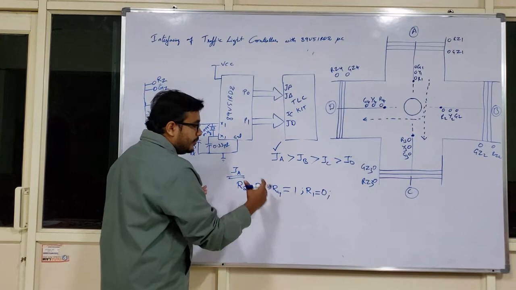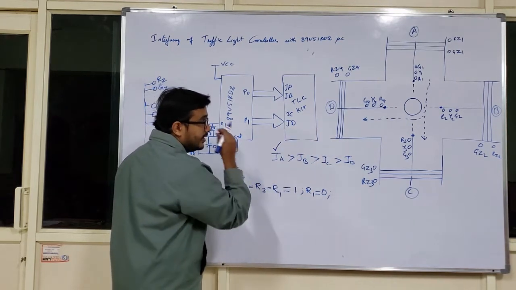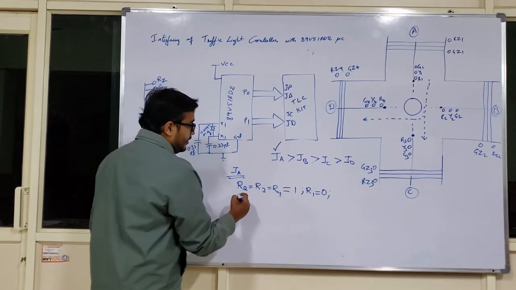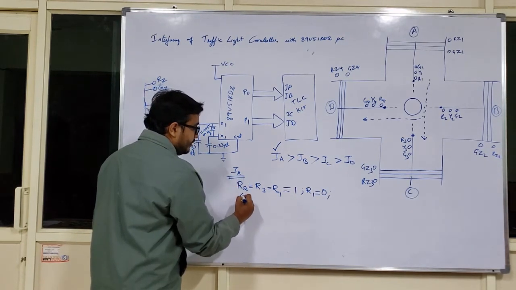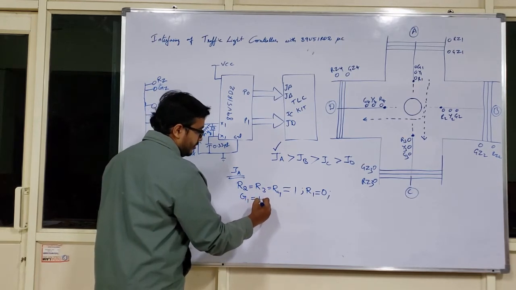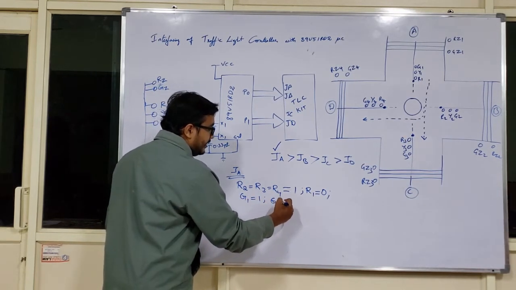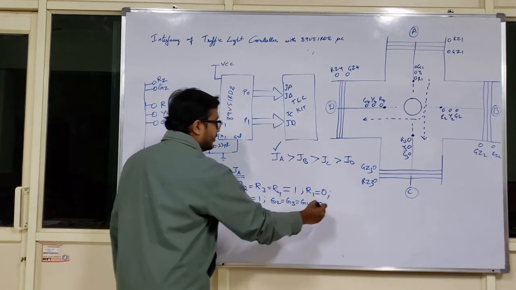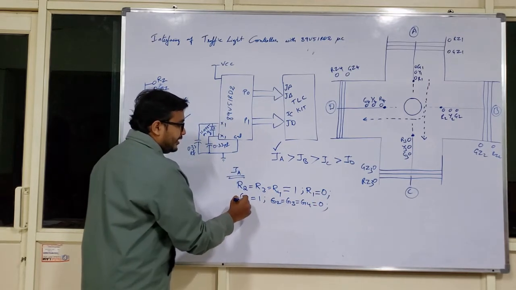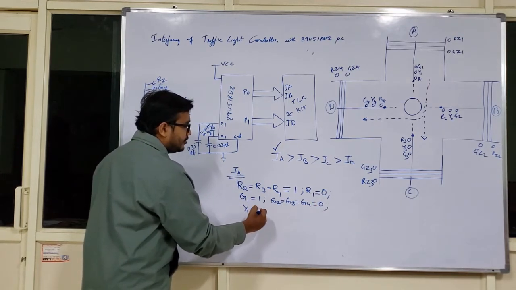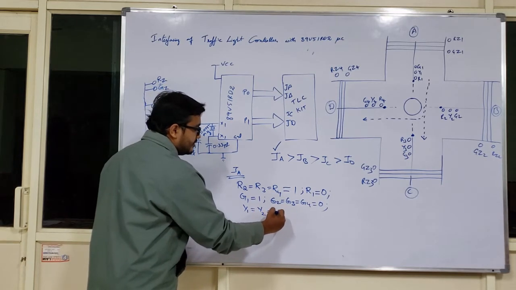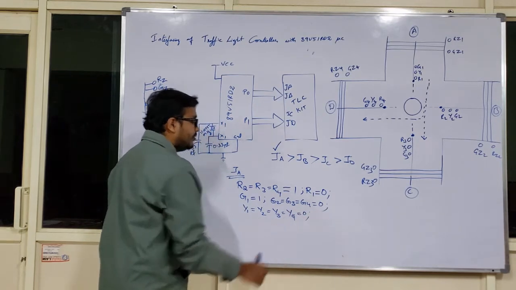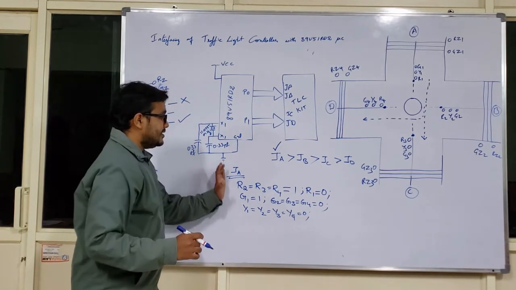Then what will be the remaining conditions for all these 12 variables, as 4 variables are completed? The status at junction A, my green lamp will be logic 1, and at the same time the green lamps for the remaining junctions will be logic 0. Now if the green lamp is 1, then definitely the yellow lamps, y1, y2, y3 and y4, will also be logic 0 here. So this is the activity.